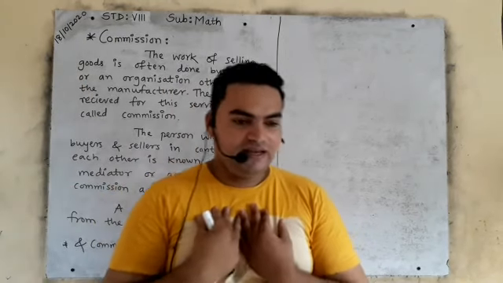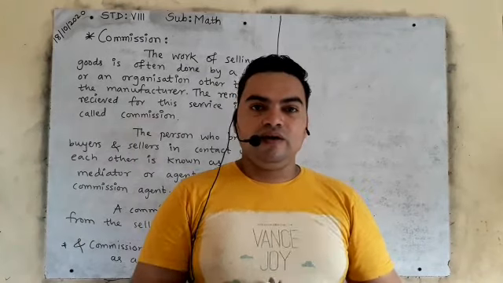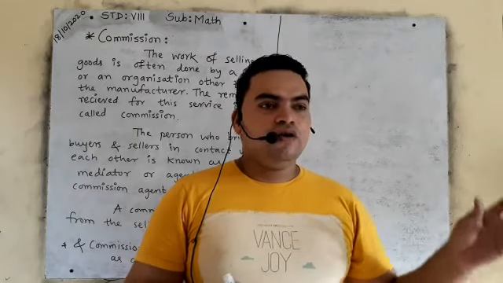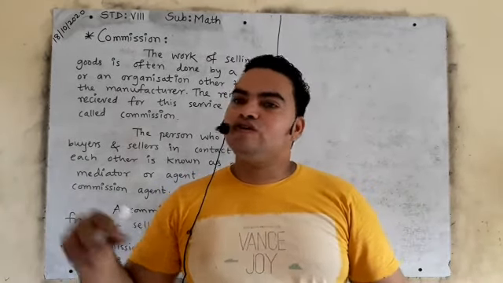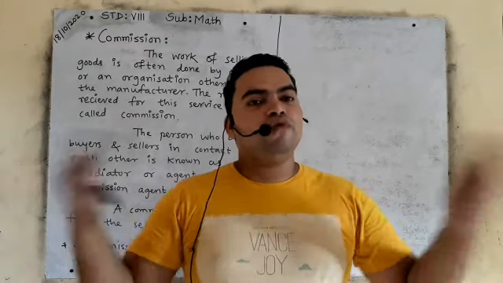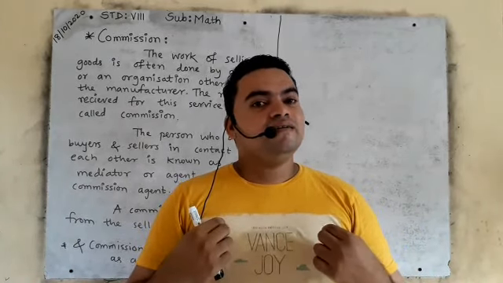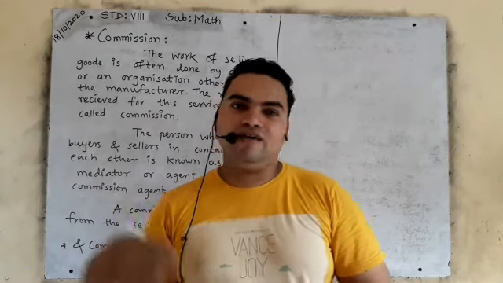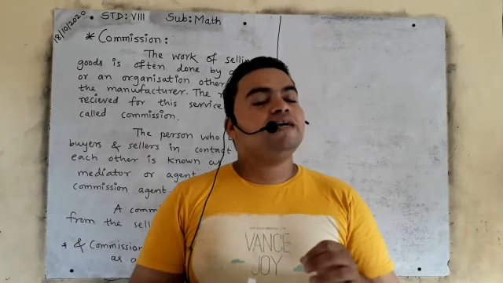Suppose I am doing agent work. I will be finding a buyer and a seller, one who wants to sell a land and one who wants to buy a land. So I will be searching for a seller and a buyer also. I will be called a commission agent, because I will be taking a percentage commission from the seller, and from the buyer also, maybe from both. The money I receive is called remuneration, and I will be getting some percent from seller and buyer. That will be called commission.